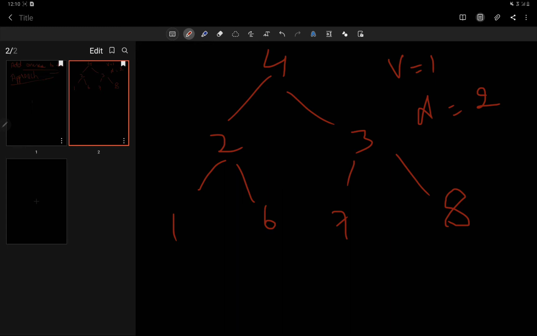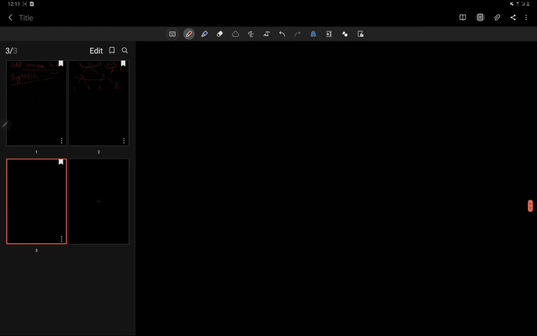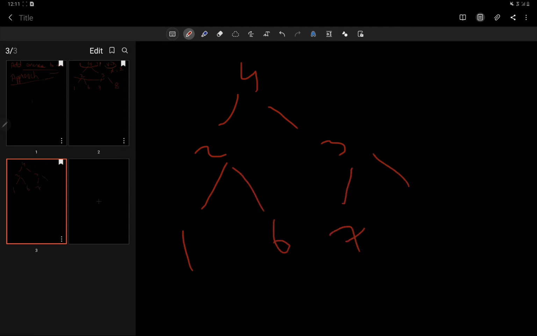So level order traversal we will be using, and as we know we will just be needing this level as well as this level. As soon as we hit this level, we will store these into a queue, and after that we will be creating new nodes at every level. It's not clear in this. Let me take another example: 4 2 3 1 6 and 7 and 9. Let's say the v is 1 here and the d is 3 here.